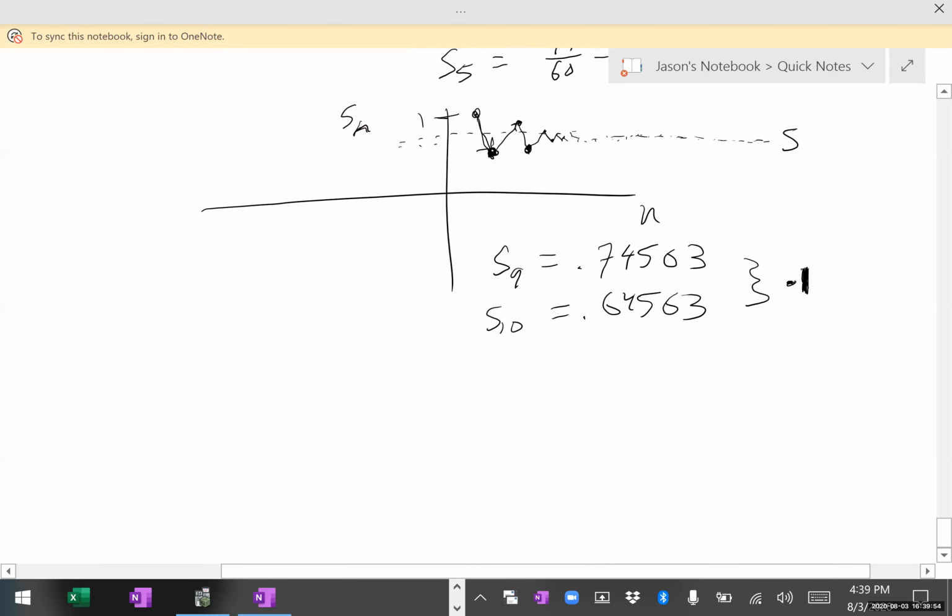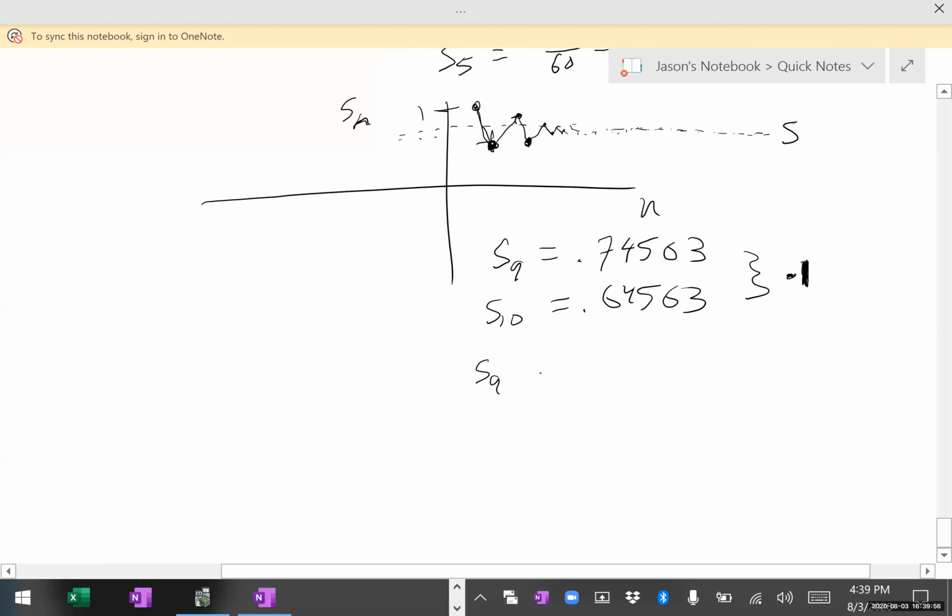Because if S sub 9 is 0.74563 and S sub 10 is 0.64563. I just wrote the exact same thing twice. How can I explain this? Okay, so let me put this in like this,